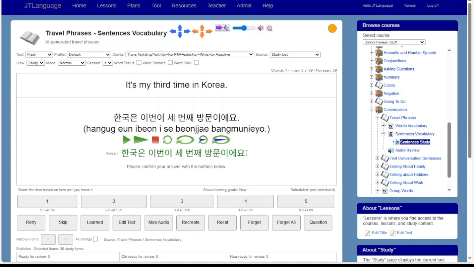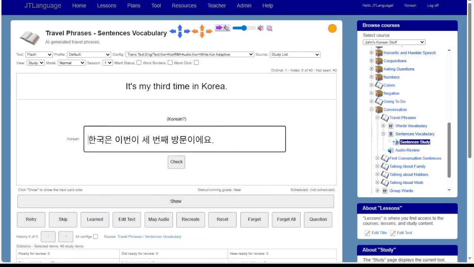it shows up in green, which means I typed it correctly. Now let me show what happens if you make a mistake. Like for example, let me click retry again. And let me kind of misspell this particle. Let me say, let's see, got to turn on the Korean typing. Let's say, let me use the U instead of